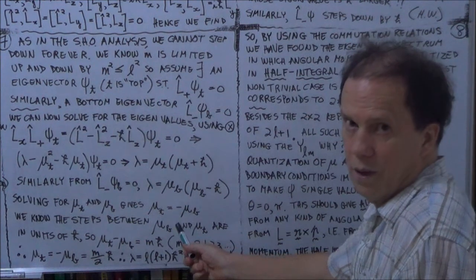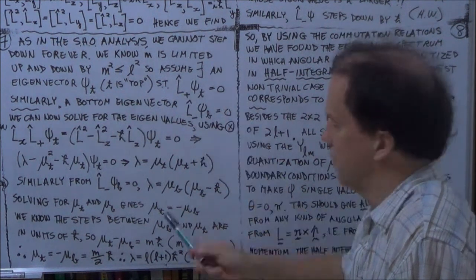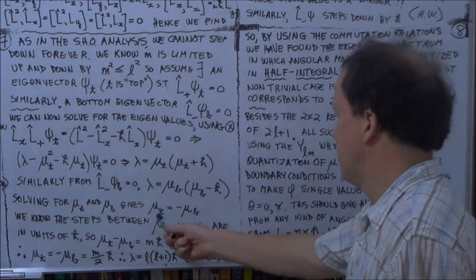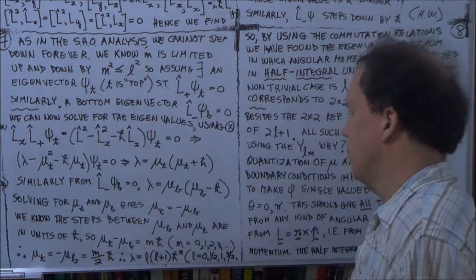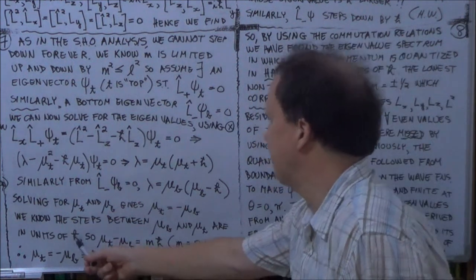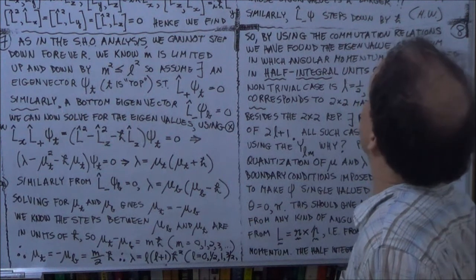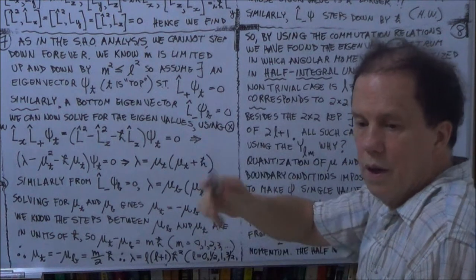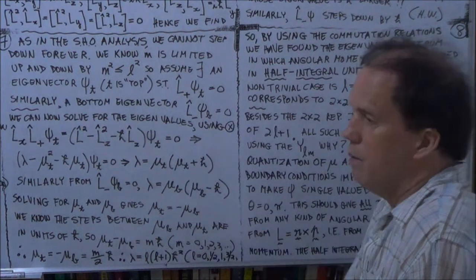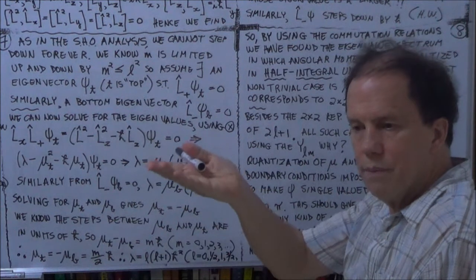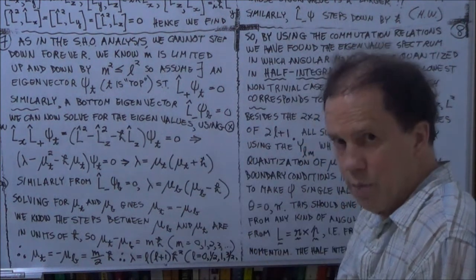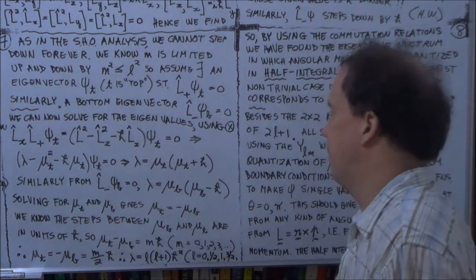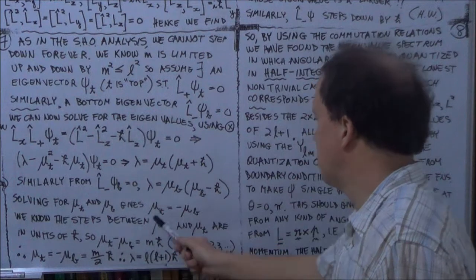And you see we're getting there, ranging from L to minus L. Now, the steps between these are in units of h bar. Where did that come from? That's from the previous session. The step operator takes the mu eigenvalue up by h bar, or takes it down by h bar. So it's stepping up or down in increments of h bar. So that means the difference between